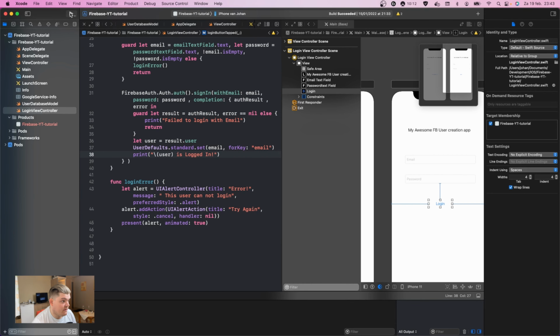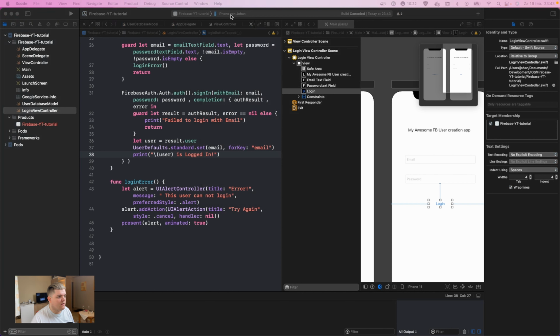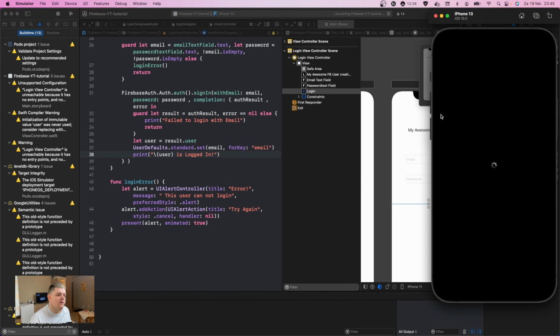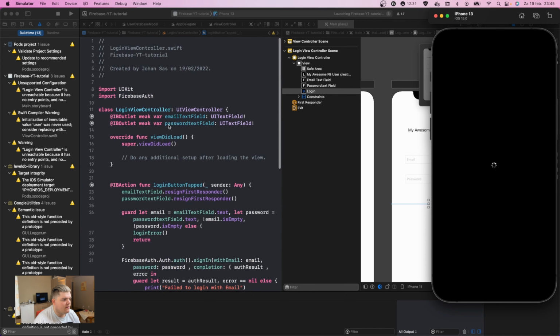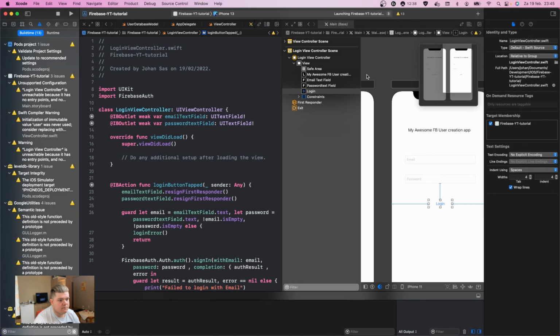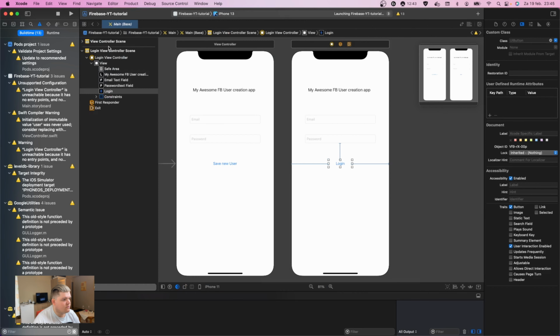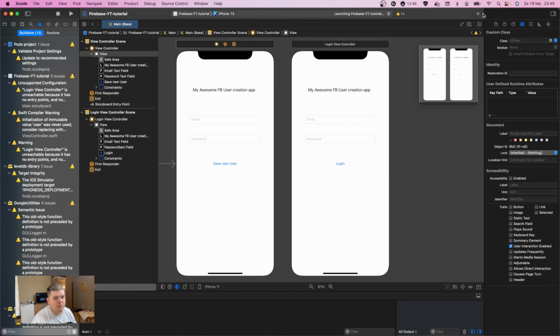So this is actually everything we need to do. So let's test this out. Let's run this on, no, we're not going to run this on my iPhone because otherwise my recording is going to crash. Let's run this on an iPhone 13 as always. Okay, so as you can see, my simulator is still loading, but we forgot to do something. The problem is there is no way to go to this field, right? So let's go back to our storyboard,